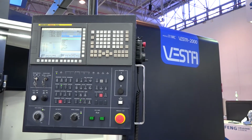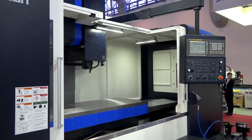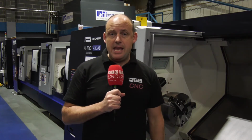And there was also the range of VESTA machining centres that were on show at the event. There was the VESTA 2000. This was a huge machining centre with over 800 millimetres in the Y-axis and over 2 metres in the X-axis. There was also the VESTA 1000, which was the smaller vertical machining centre, which was almost the baby of the family. Both of these machines were in action, and both of those machines can be purchased here in the UK